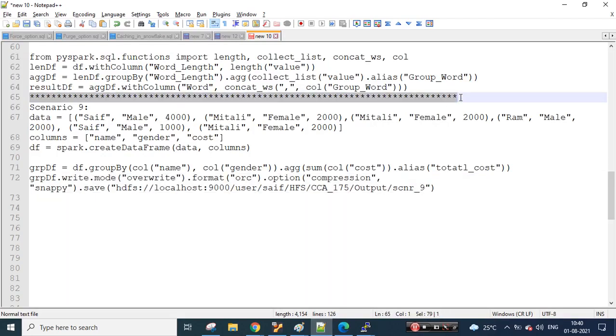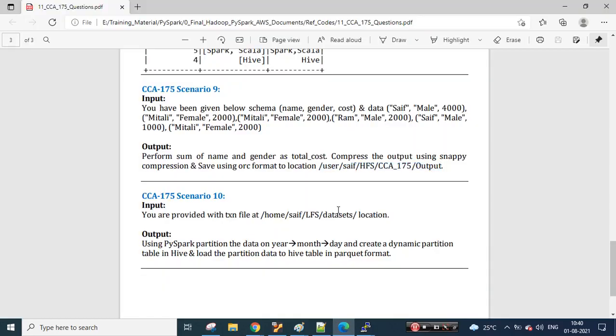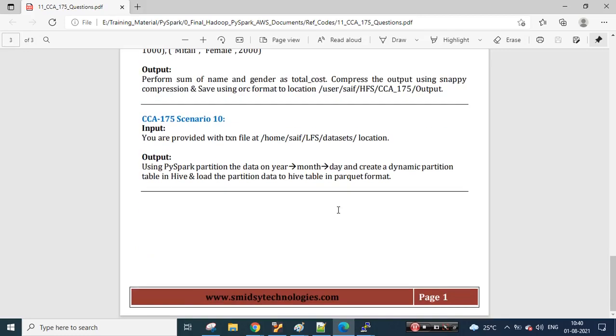Okay, and finally we will go to the 10th scenario. Let's go to the 10th scenario. So what they are telling is, you are provided with a transaction file at this location. Use PySpark to partition the data on year, month, day, and create a dynamic partition table in Hive. So we need to do a dynamic partition in Hive. So we'll have to set some properties, and finally we'll have to load the partition data to a Hive table in Parquet format. Okay,